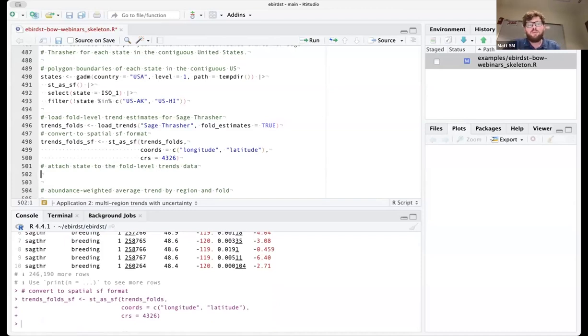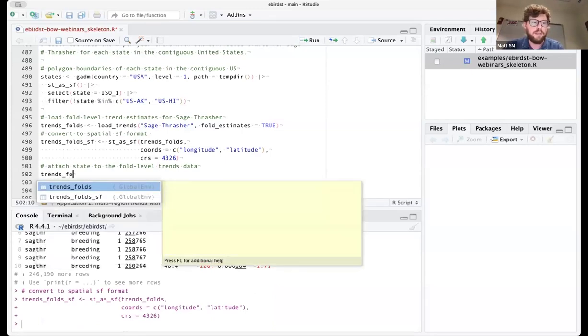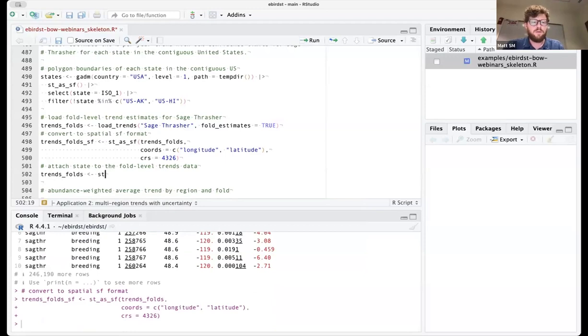The next step is I want to take this spatialized set of fold level trend estimates, and for every cell, I want to assign the state that that cell falls into. There's a variety of ways you can do this in R, but I'll show you the way that I would do it. There's a function in the sf package called st_join.